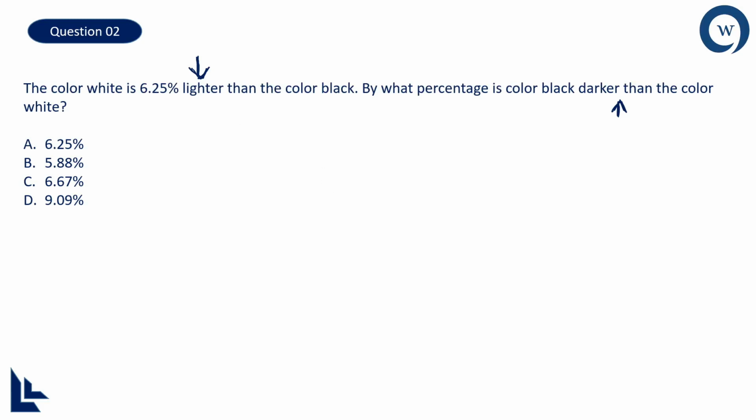Okay, this is a shortcut. Difference will definitely be 6.25, right? So that is the value, and directly take that 6.25. I'll tell you that. 6.25 divided by hundreds. Take like this, 6.25 percentage, right? This is the value. And now you know that your value in the initial part is less because it is lighter, and you are asked to find out a value which is more. That means it is darker. So your answer will definitely be more than 6.25. So you can eliminate one answer choice for sure. This is the wrong answer choice. It cannot be the answer.